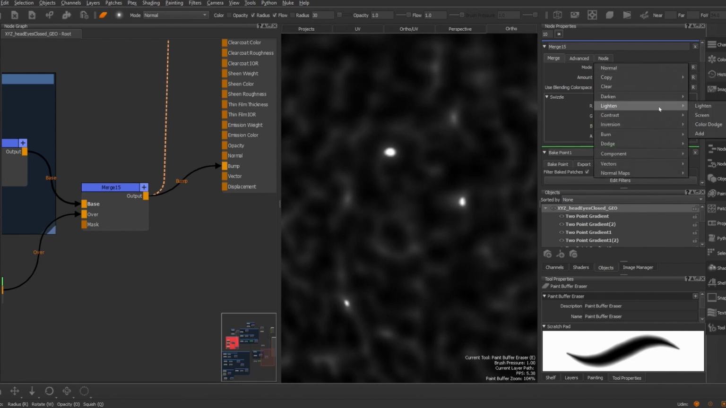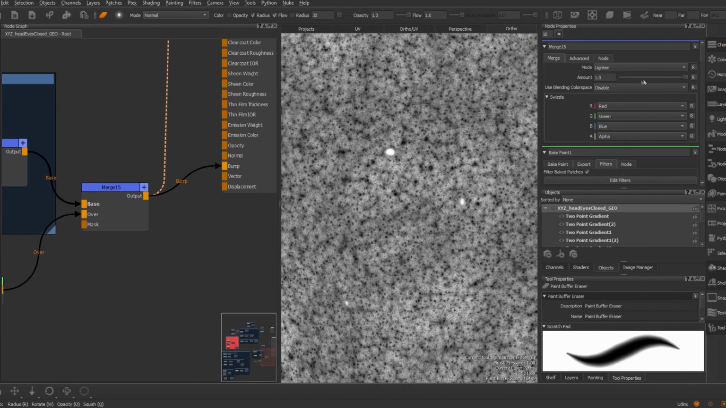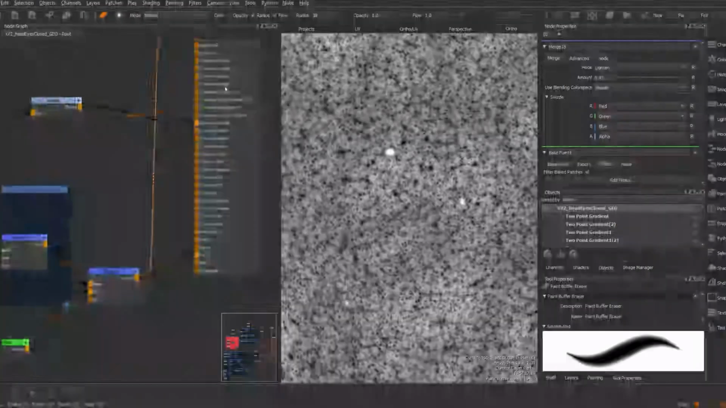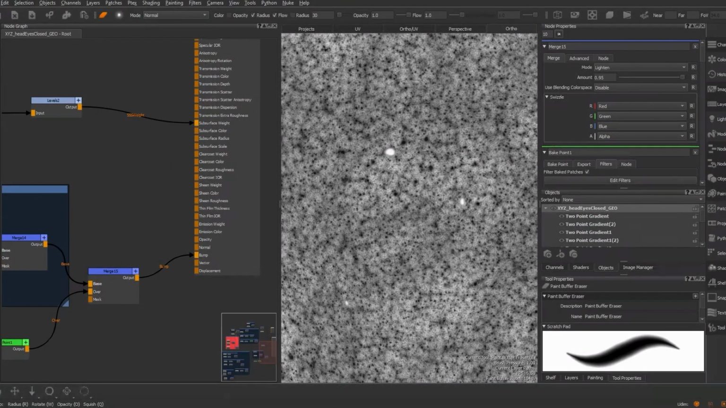And we're going to change the mode to lighten. And then finally we're going to turn the mix amount down to 0.95. So there we can see our moles are in the bump map. So I'm going to hit 2 to view the shader,